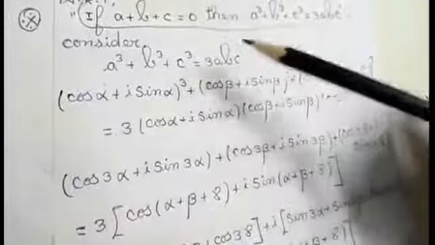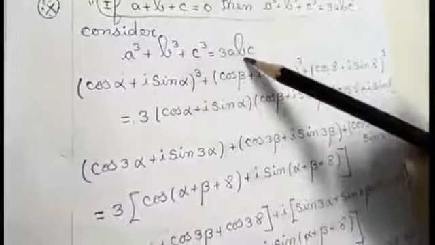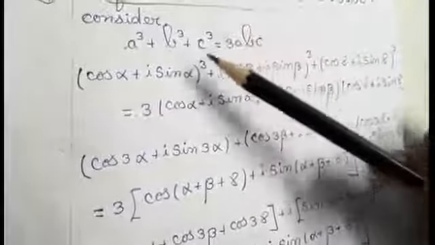So I can come to the next part, that is if the property is satisfied, directly this condition will also be satisfied, that is A cube plus B cube plus C cube equal to 3ABC. Since A plus B plus C equal to 0, I am directly using the property A cube plus B cube plus C cube equal to 3ABC. Now what I am going to do is, left hand side also I am having the value, right hand side also I am having the value. Just see the notation A, B, C. I am using 3 notations on left hand side and right hand side.